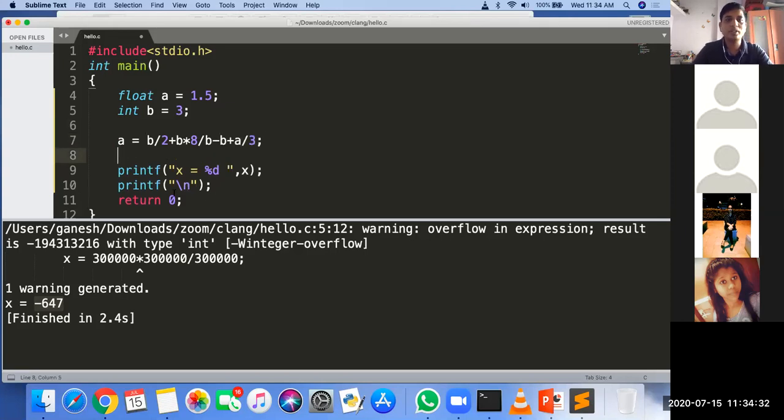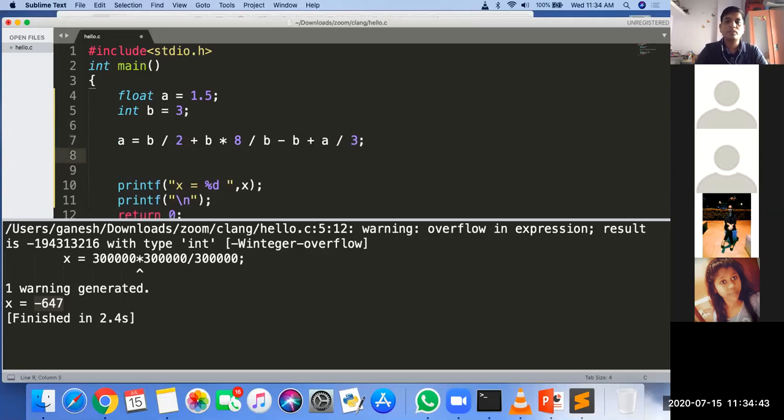Now solve it carefully. First note it down carefully. I'm separating it out to make it readable. You need to find the value of a.